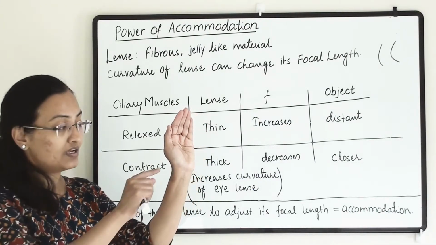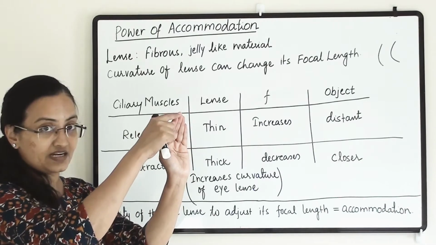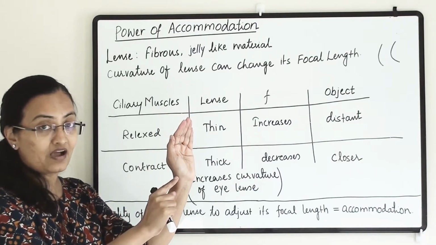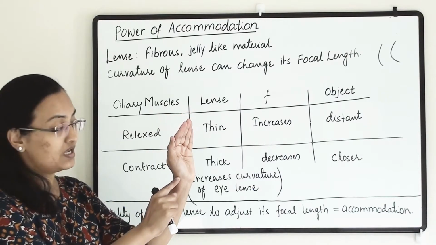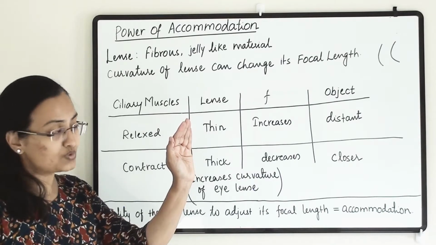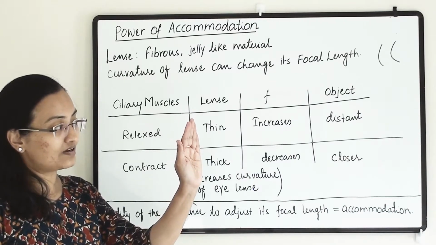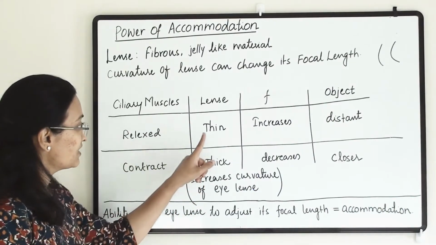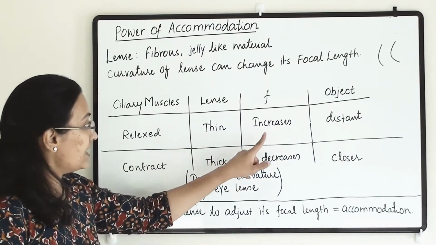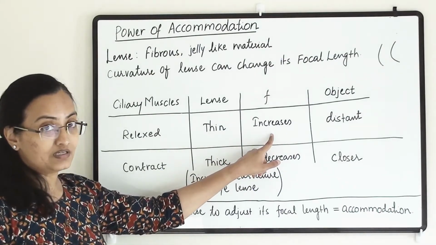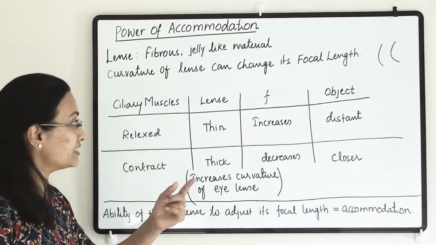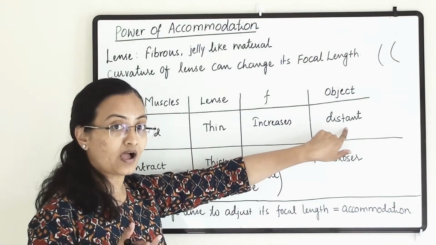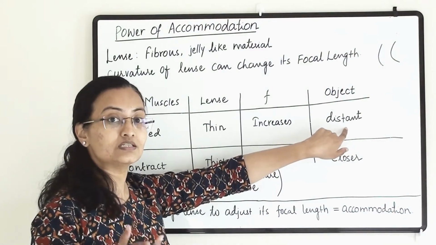Now the muscles over here at both the sides, at the top and at the bottom, are known as ciliary muscles. Now these muscles will loosen up. So the lens curvature will decrease like this. So when the muscles relax, the lens will become thin and the focal length will increase. Now when the focal length increases, our eye will be able to see the distant object